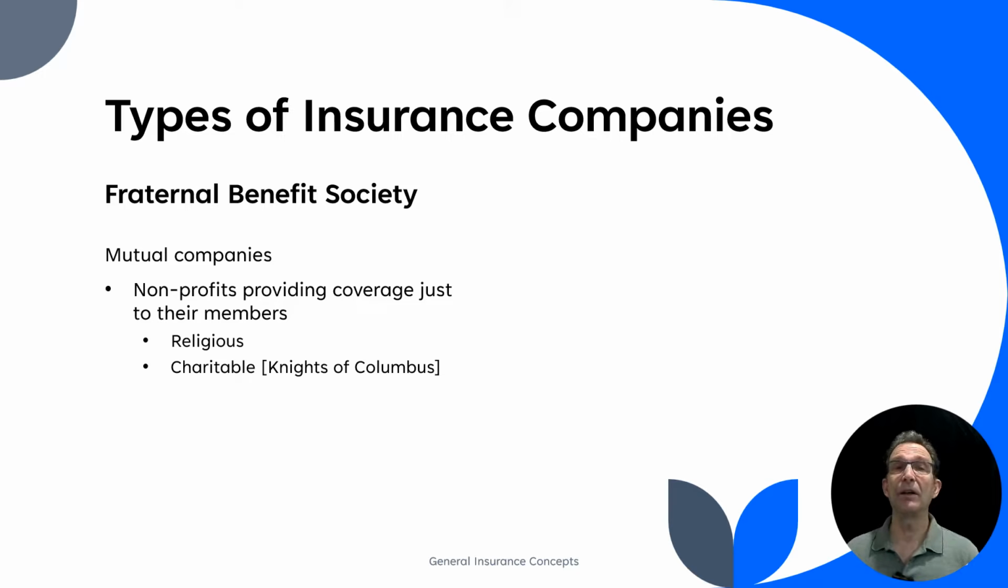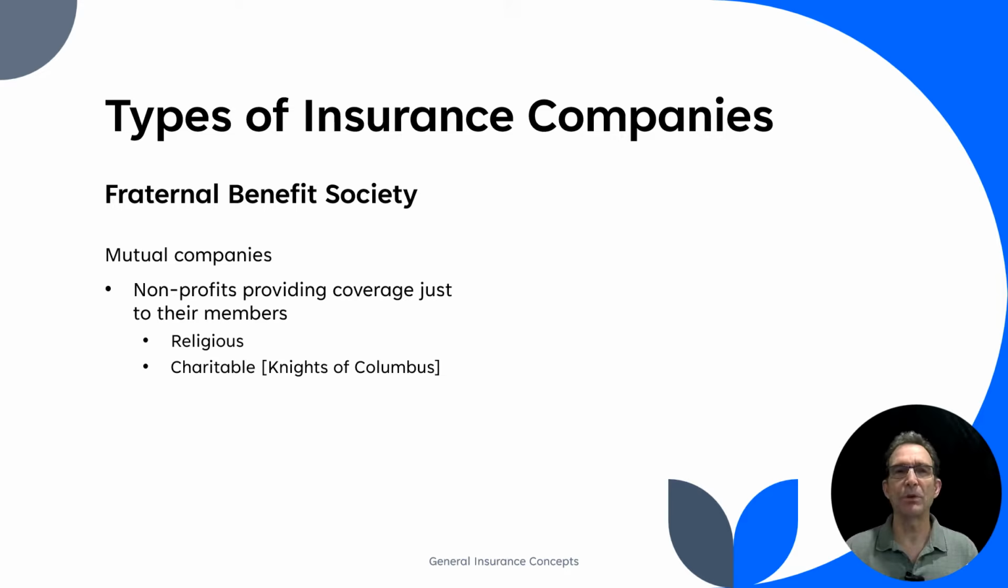All right, another kind of insurance company is called a fraternal benefit society. And all of us are familiar with these: Knights of Columbus, Kiwanis, various fraternal benefit societies. These are a form of mutual companies. They are nonprofits. They make profit, but they have nonprofit status in terms of business, and they provide coverage just